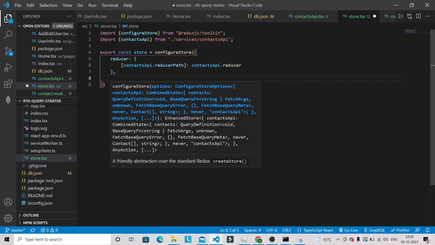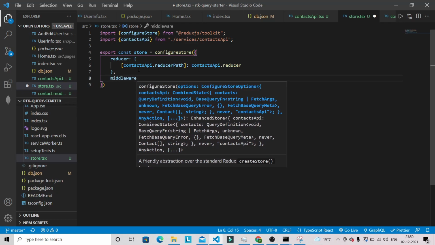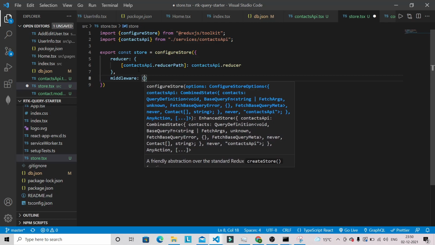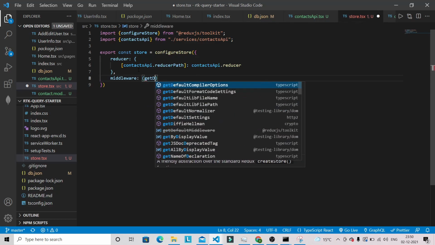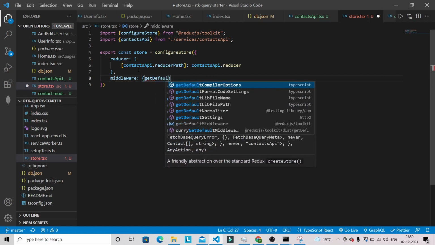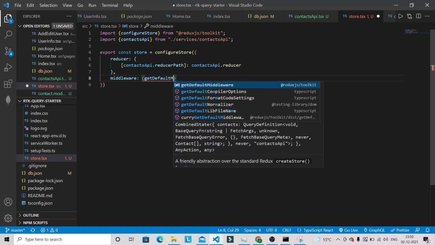And now we also need to add middleware here. So let's add this one as well. So we are adding the middleware because we are going to work with this contacts API, okay. So we need to specify middleware here as well. So middleware, and as of now, I'm just going to use default middleware. So I can use getDefaultMiddleware.